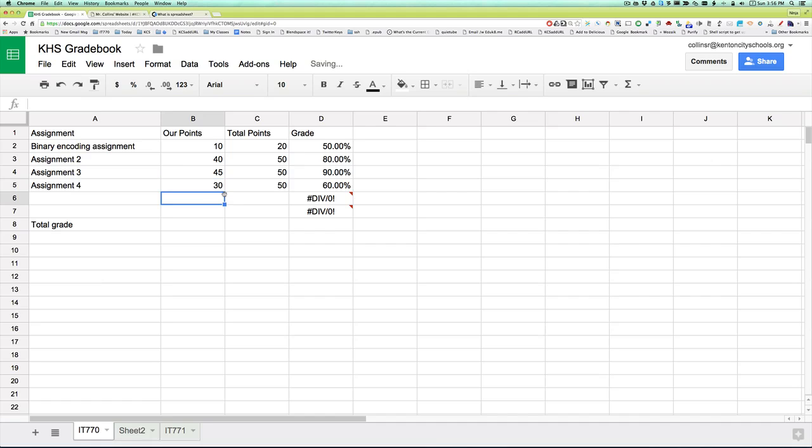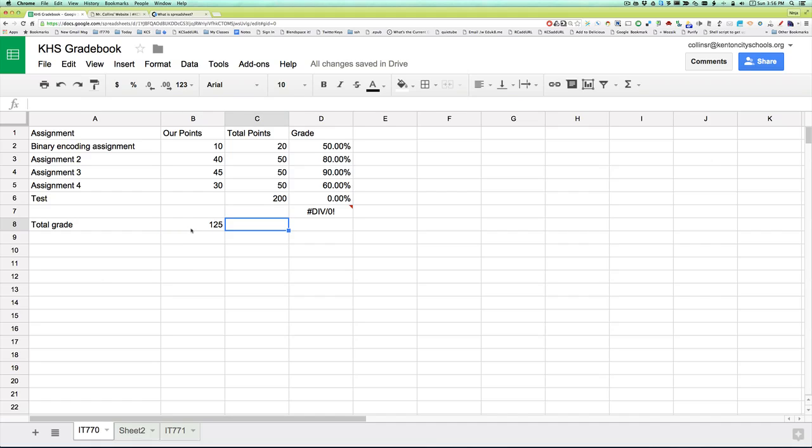So how can we use this to do some what if scenarios? Let's say we have a test worth 200 points that's coming up. We want to figure out what our grade's going to be depending on what we get on that test. Now, to do that, we need to get our total grade. So to do our total grade, we need to find out how many points possible we received, and we do that, start out a formula with the equal sign. We're going to use that sum function that we had before, B2 through B7. And so we're going to sum up all of those,